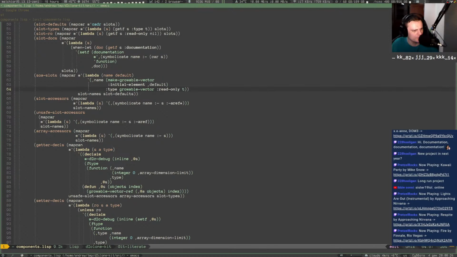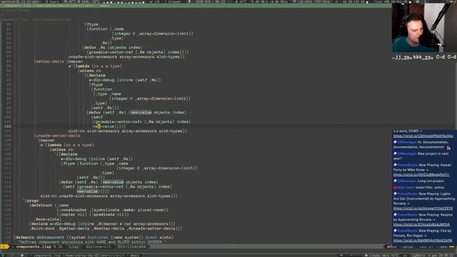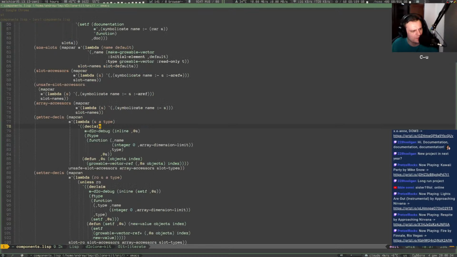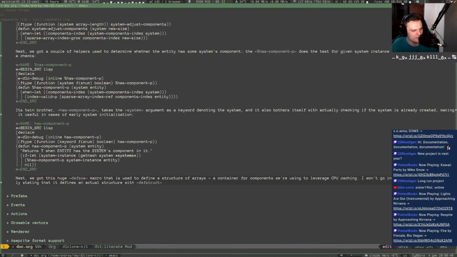So it also uses global vectors, right? Yeah, it does. Okay. SOA slots. And SOA slots are, yeah, global vectors. Okay, so